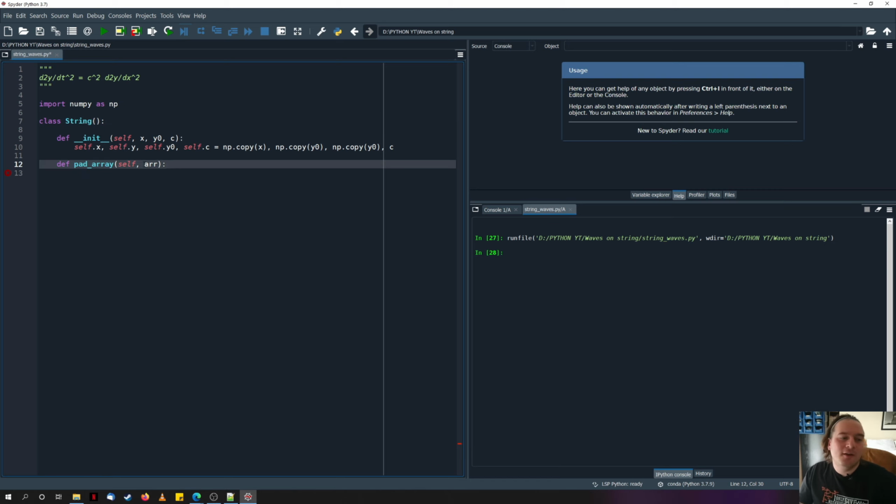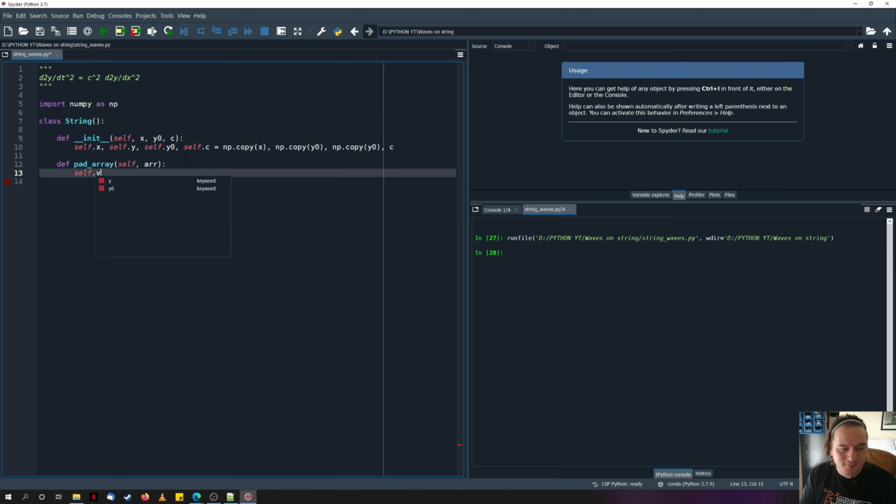So this function here is basically receiving the class itself. That's what's called self. This allows you to access any other part of anything within the class by just typing self. So for example, this pad array now has access to y because I can just do self.y. Because remember, self is class string. We've already said that within string, there exists a variable called y. That's what that is, if anyone's wondering. And what we can do here is return